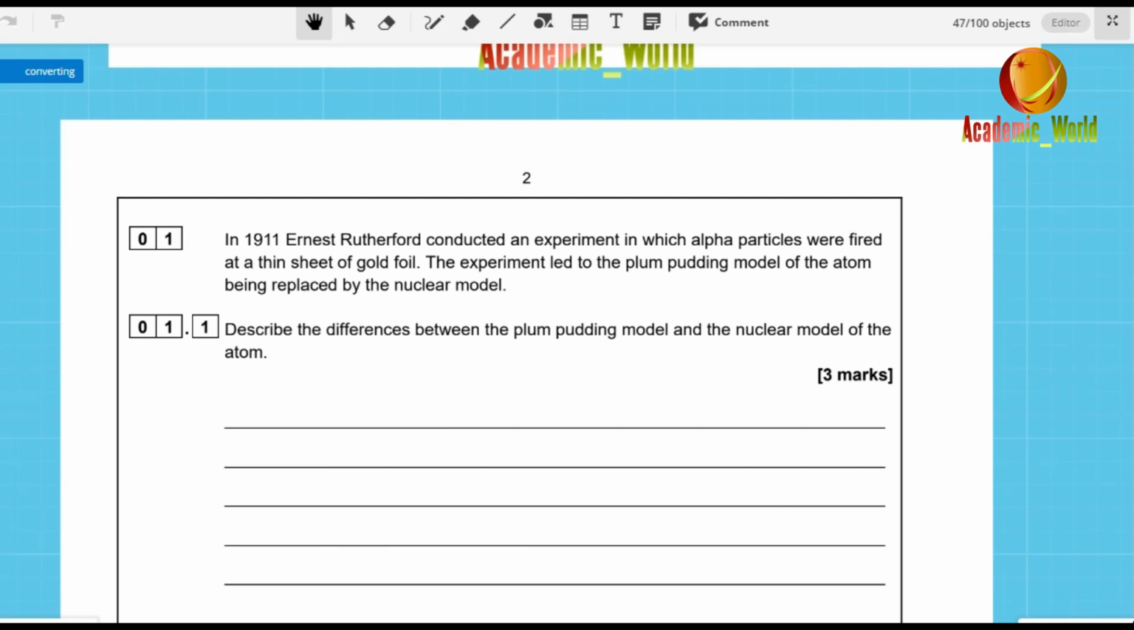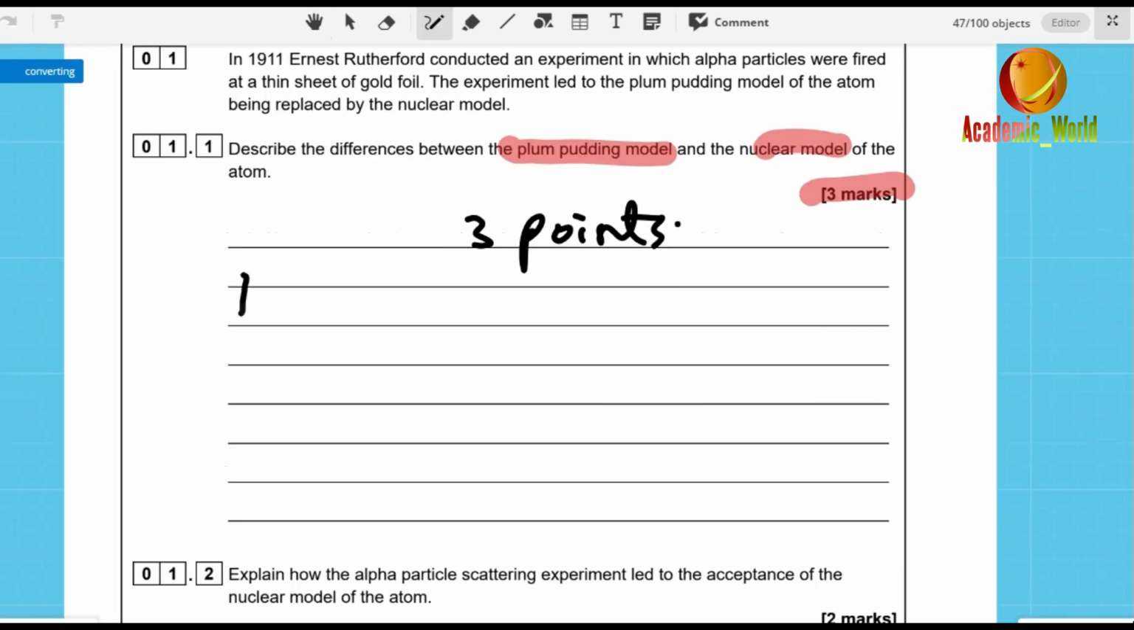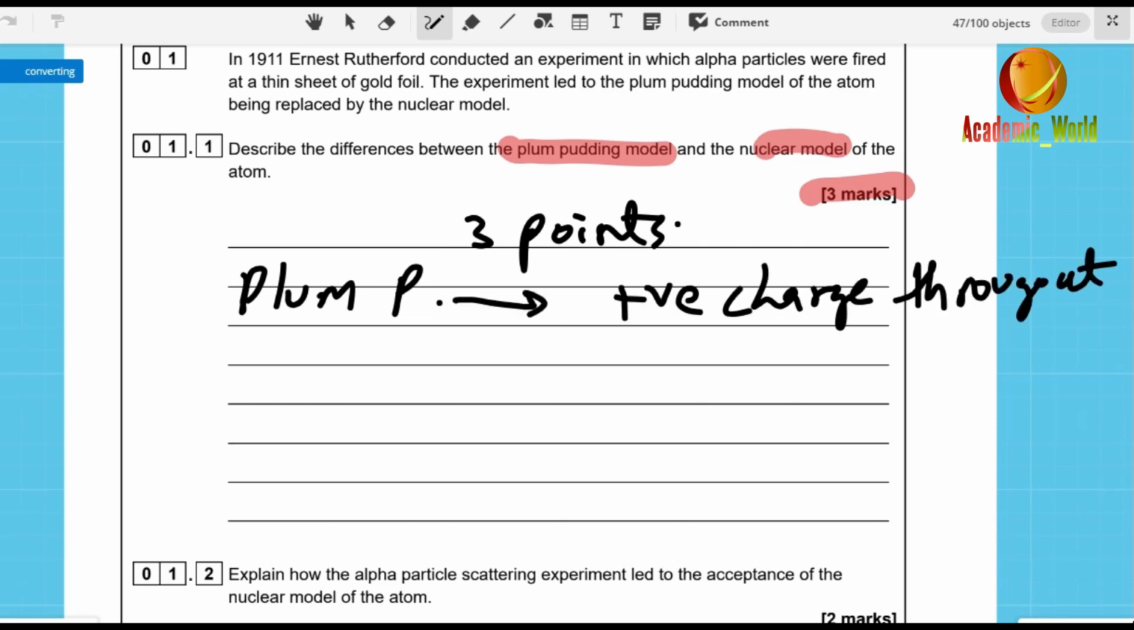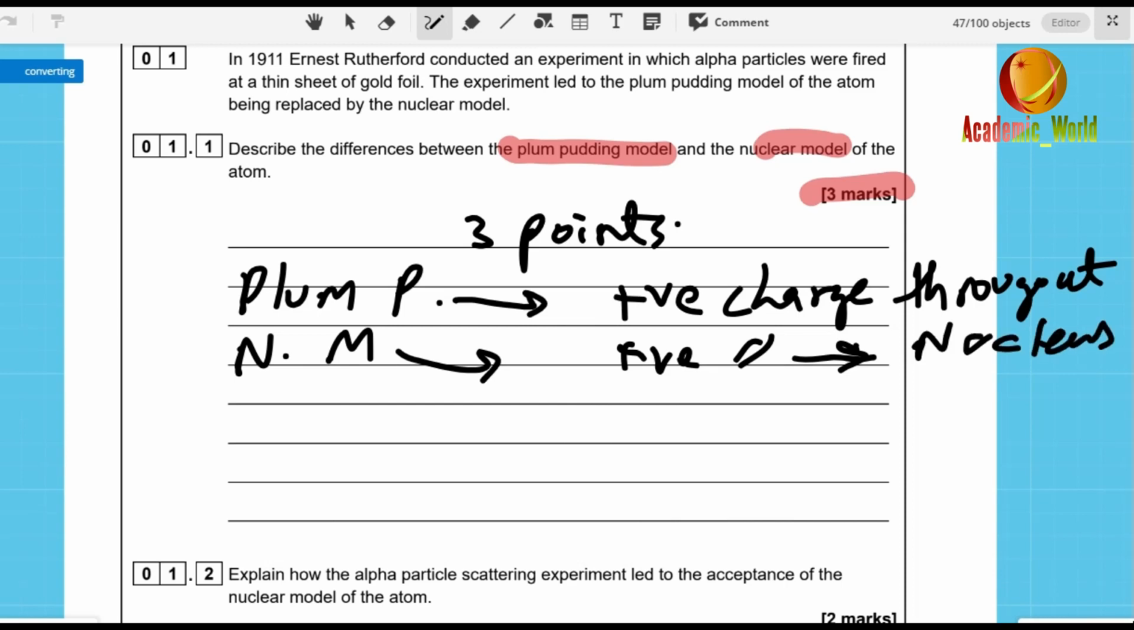So it means that you have to write at least 3 points. Okay, the first point you have to write is that in the case of plum pudding, it has a uniform positive charge throughout, okay, and in the case of the nuclear model, it contains a positive charge in the nucleus. Okay, now the next point